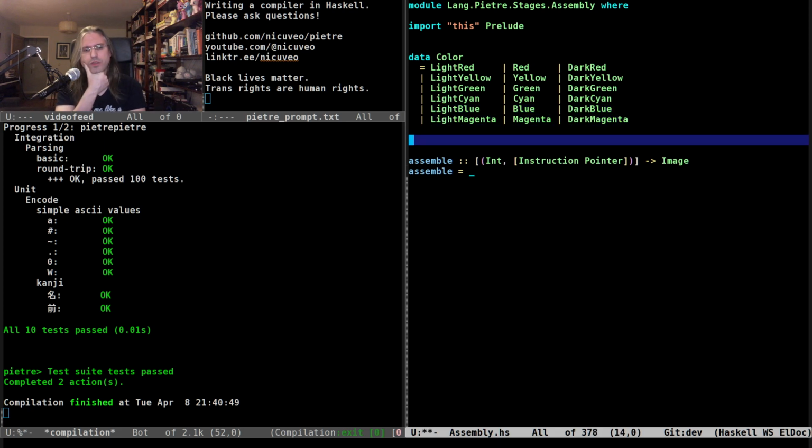From this, what are we going to need? We are going to need to know, for a given instruction, how to encode it: for an instruction and a color, what's the next color we need, basically.